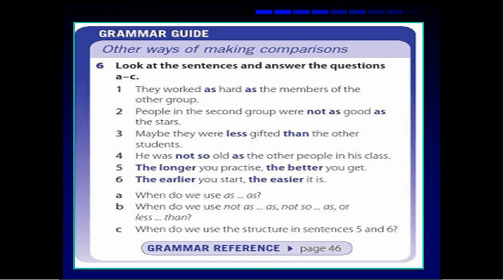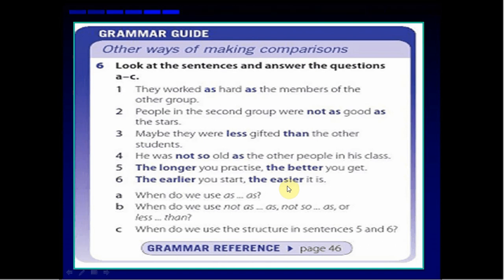Sir, what about number 4? We have as, but we have so. Yes, we have two ways. How can you make as negative? You can keep it as for number 1, or you can change the first as to be so after negative. Number 5, the longer you practice, the better you get. Comparative form. The earlier the easier. Yes, it's a good form that when you want to speak about our two forms here, comparative with